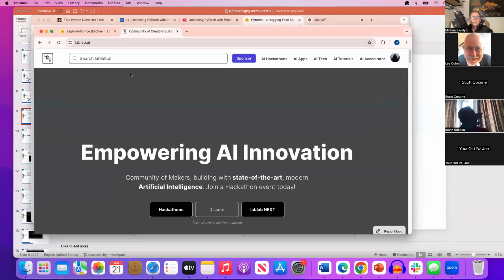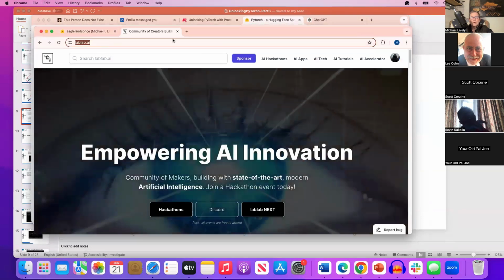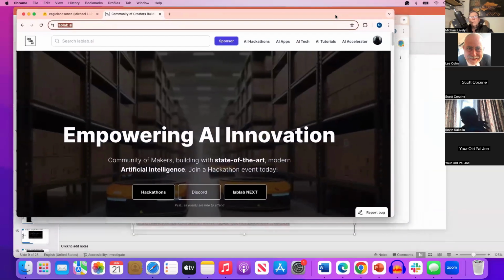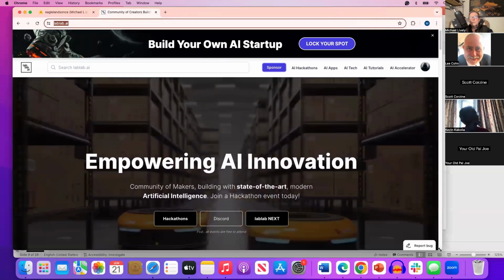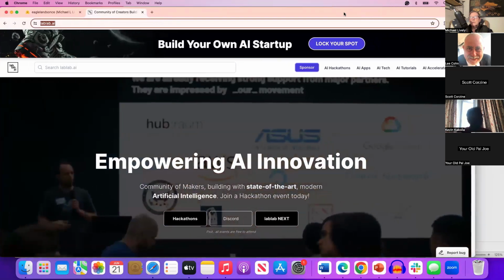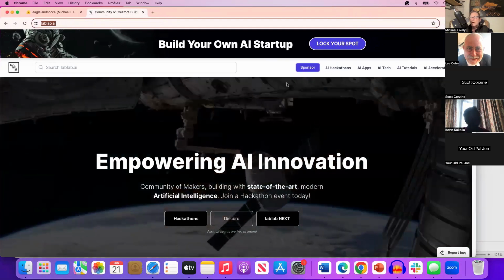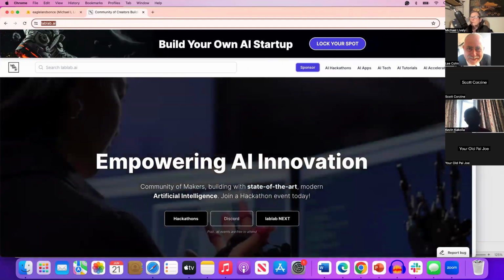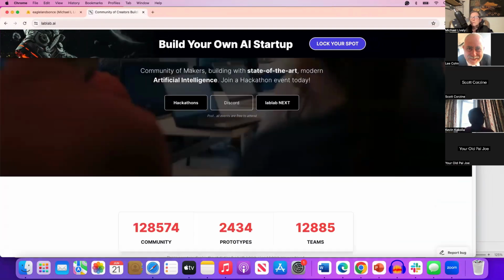It's like Kaggle, but for generative AI. You're not really building models, you're using models to build websites and stuff like that. And if you look at this particular site and scroll down, you can see